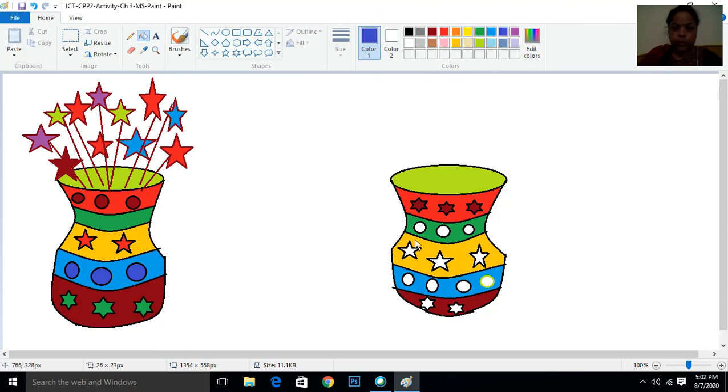It's your choice. I can change the color according to my choice. You can also fill different color here according to your choice. It is not necessary that you have to fill the same color. It's up to you only which color you want to fill here.